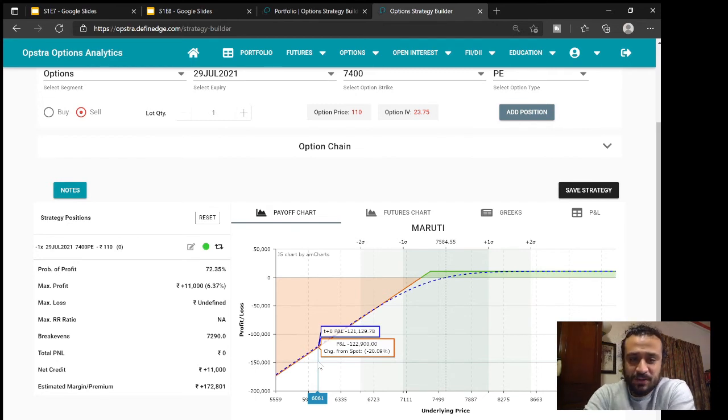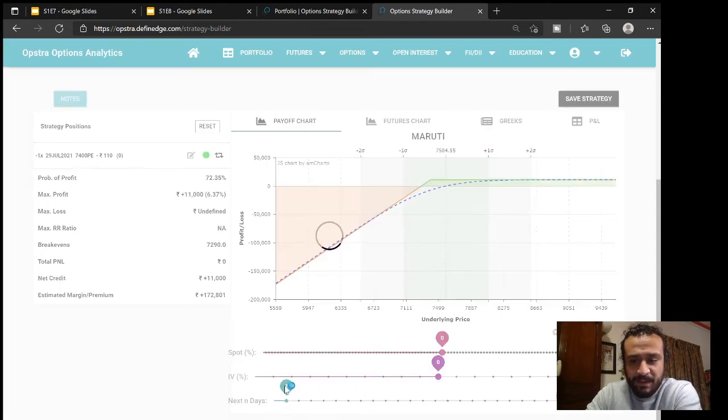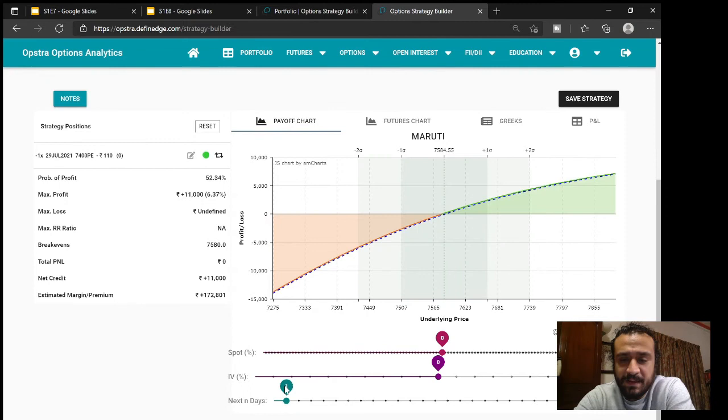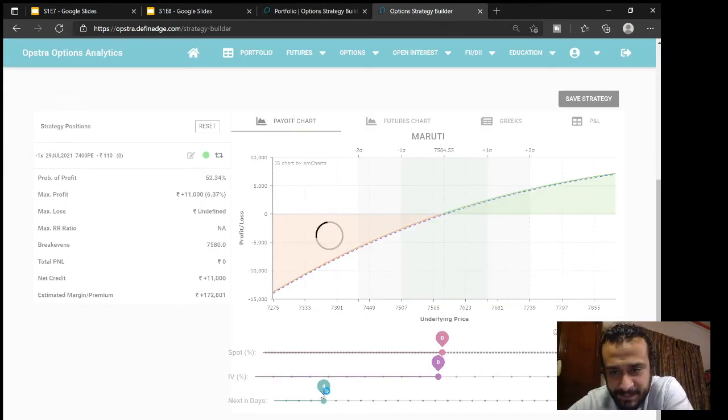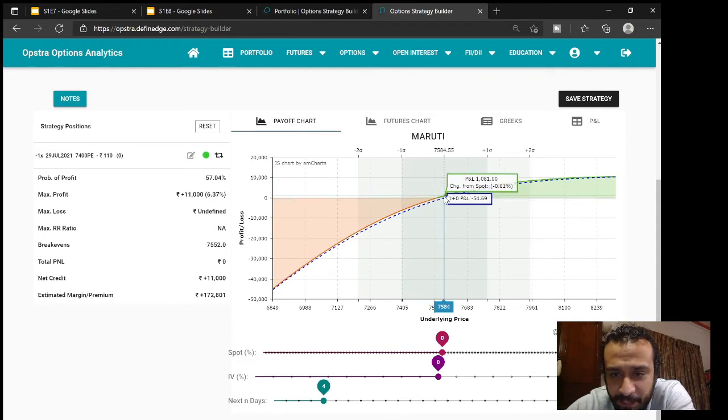Okay, so let's see how the trade moves day by day. Now this is the July option, so there are approximately 29 days for expiry, right? So 28 days for expiry for this trade. Let's see what happens on day one. On day one, not much is happening, it's almost a straight line. Let's say day four. If Maruti price doesn't move a lot by day four, you'll already be sitting at a profit of 1,000, right? Not bad, because you don't want the price to fall.